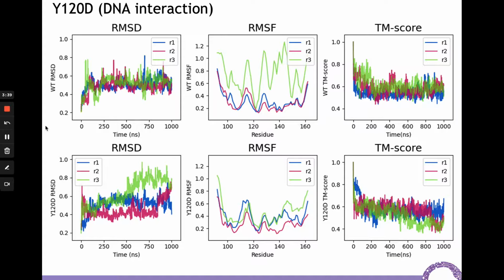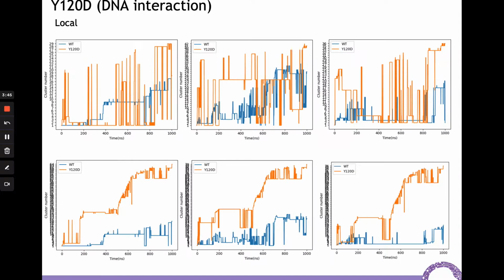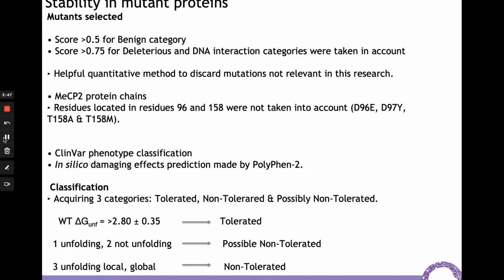These are some of the results that were studied in this research. The results obtained by this calculation and the prediction of the protein stability were classified in three categories: tolerant, non-tolerant, and possible non-tolerant. These findings coincide with previous studies, which indicate what effect the mutants will have. In this case, mutants result in a classification of tolerant, tolerant, and non-tolerant respectively. These findings demonstrate the reliability of the applied molecular dynamics methods in obtaining correlation for genotype and phenotype.